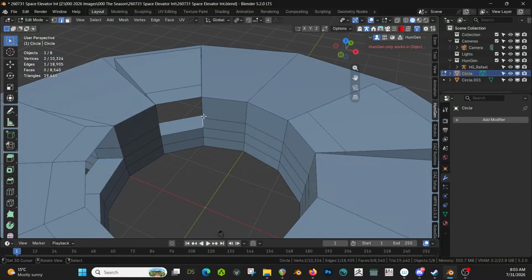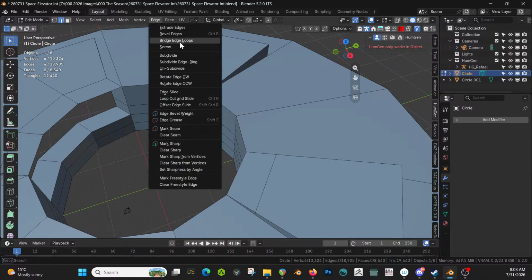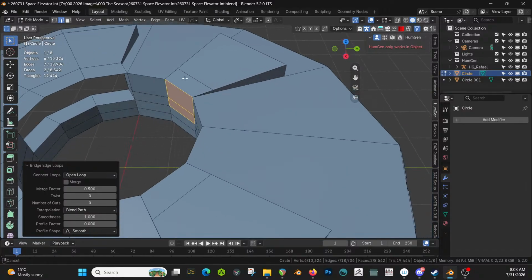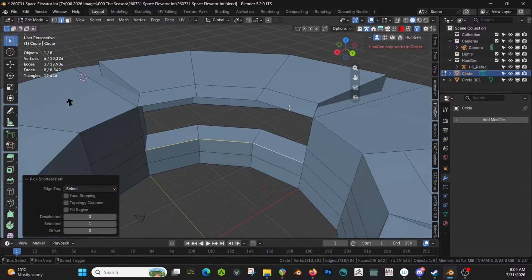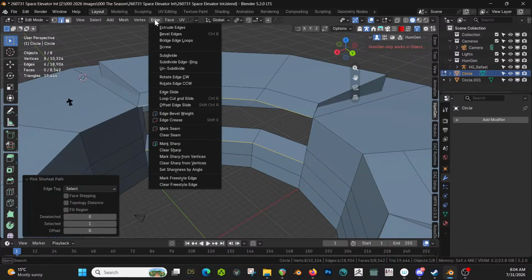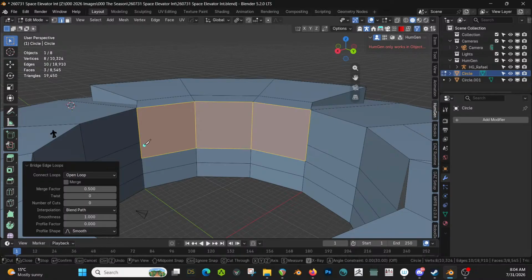Okay. Edge, bridge edge loops. This one's going to be more interesting, so let's go this way, edge, bridge edge loops. Then we have to do K,